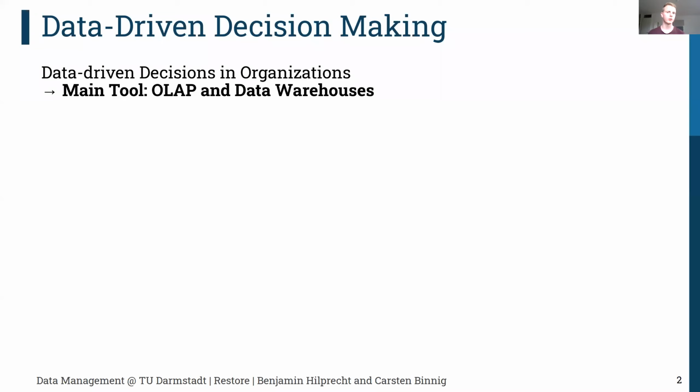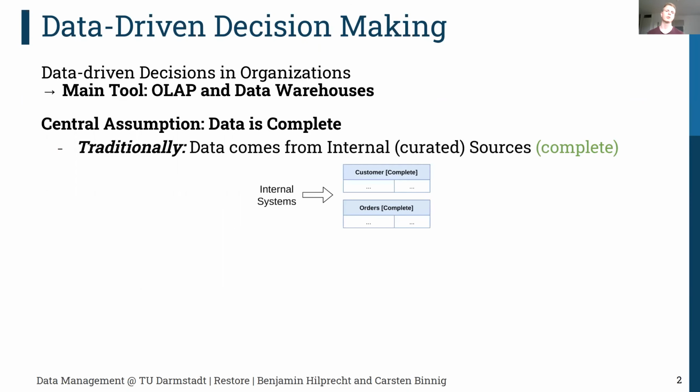Many organizations today want to make data-driven decisions. The main tool are analytical queries and data warehouses. And in this workflow, there's a central assumption. The assumption is that the data is complete, meaning that all the queries you expect to query are actually part of your dataset. And traditionally, that was the case, and it was easily fulfilled because the data came only from internal, well-curated sources. So things like internal systems populating your customer and order table. And then, of course, if you query both tables, all the tuples you expect to be there are actually part